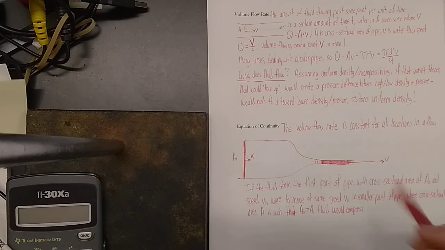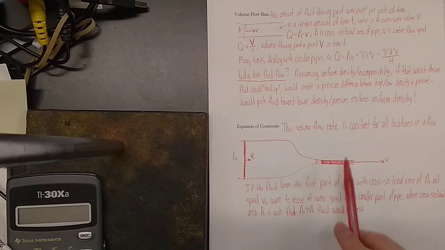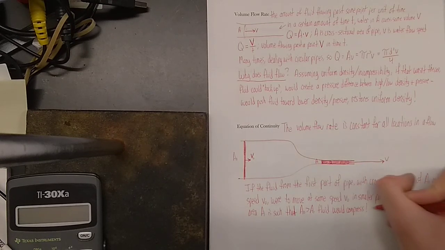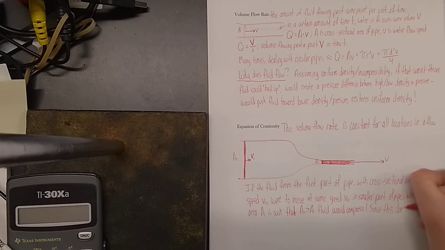Okay? You've got something moving at the same speed but through a much smaller area. That must mean the fluid compresses, but we know that doesn't happen. So what must happen instead? Since this doesn't happen,